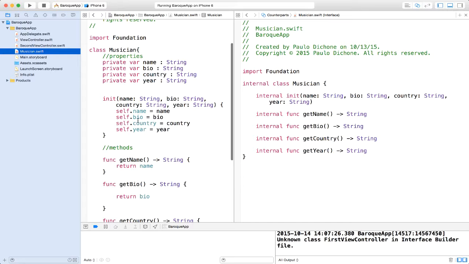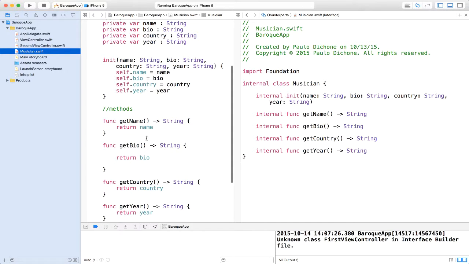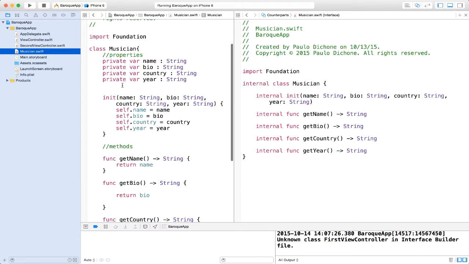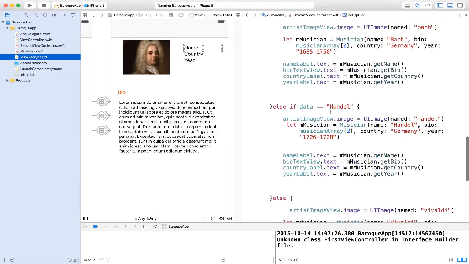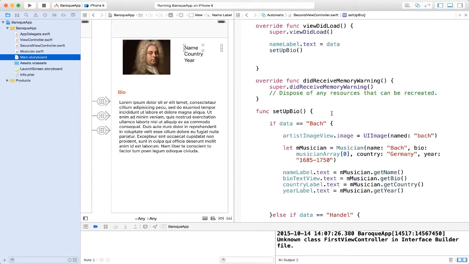We can go ahead and set things up inside of our init method. We can put many other methods that we want. We are more flexible to go ahead and add things to this class here. And once that it's done, we don't have to change a lot of things in our Musician class instantiation. And I can give somebody else this Musician class that I created, and they can work on it and change things, or just use it. They can just use it, not even go ahead and open the Musician class at all.